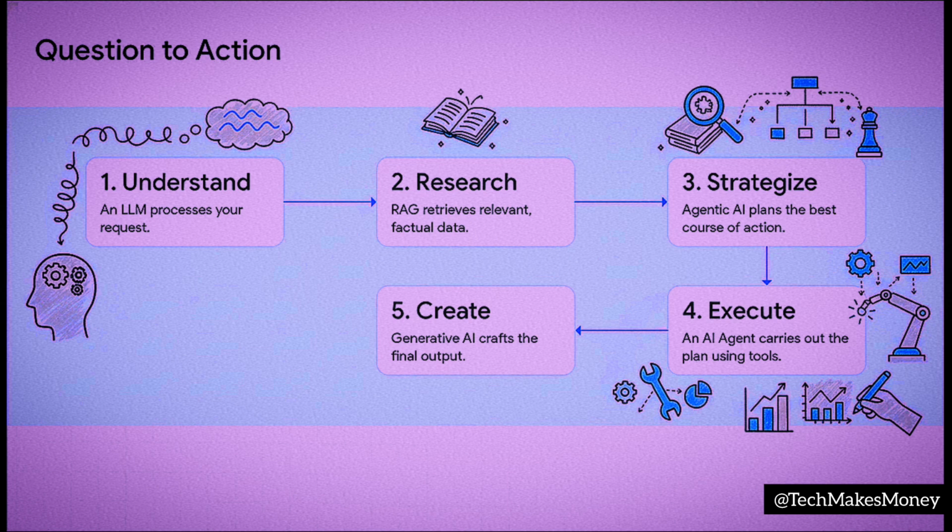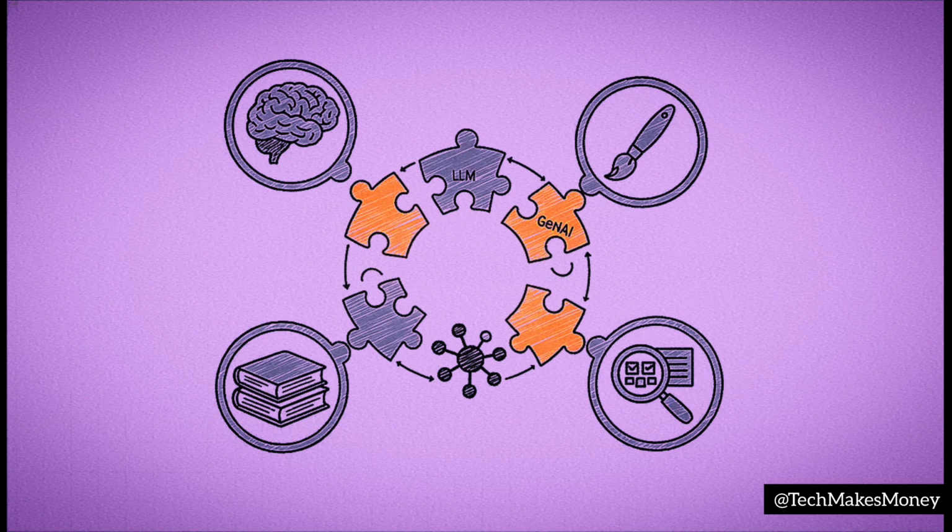Step 3. The Agentic AI strategizes, deciding on the best structure for the presentation. Step 4. An AI agent executes that plan, pulling the data using its tools. And finally, Step 5. Generative AI creates the actual slides, the summary text, maybe even some custom images. See? It's like a perfectly coordinated team. And that's the whole point. These pillars aren't just separate rooms in a building. They are completely interlocked. They work together to create a single, cohesive system that can actually understand, reason, create, and